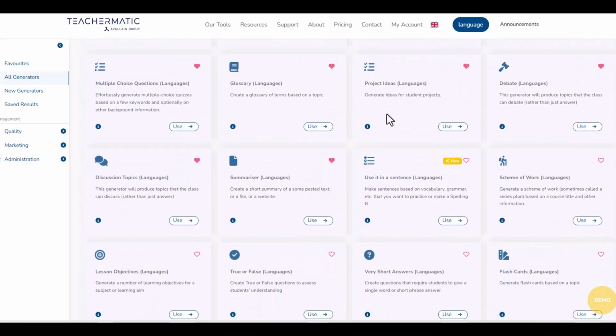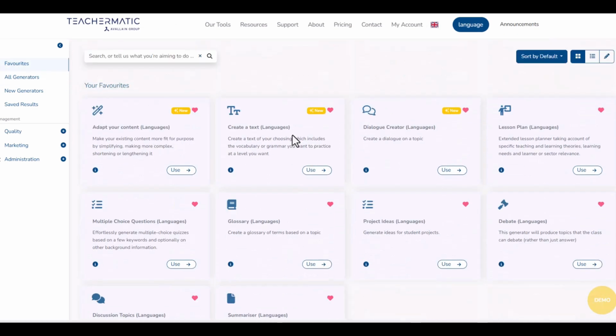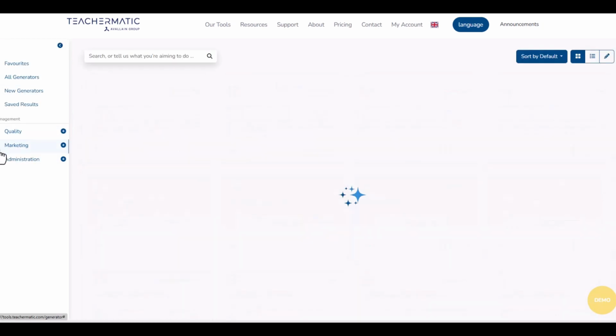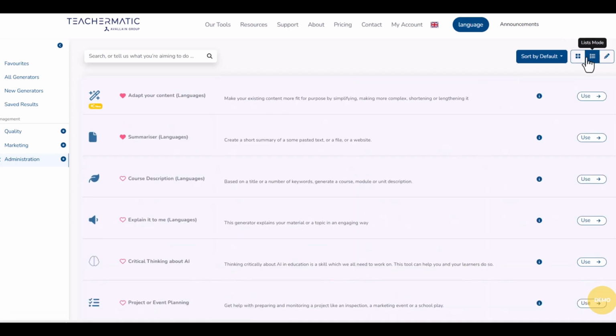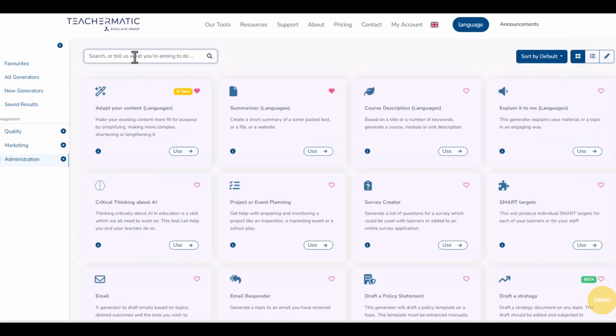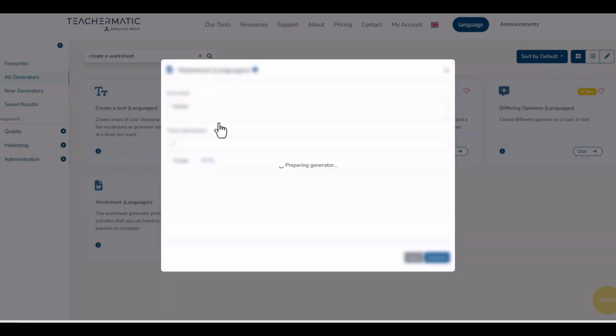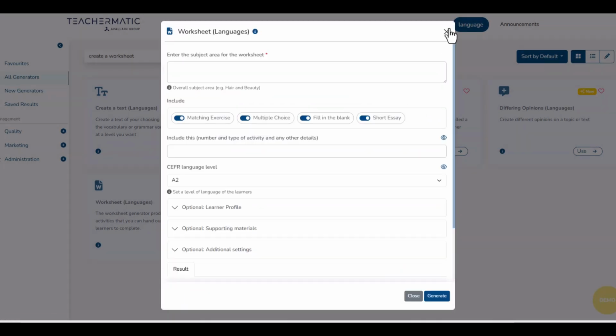To sum up, the Language Teaching Edition of TeacherMatic combines a robust library of tools with a simple and intuitive interface, empowering you to deliver impactful language education. From creating CEFR-aligned materials to streamlining administrative tasks, TeacherMatic is designed to help you focus on what matters most, teaching